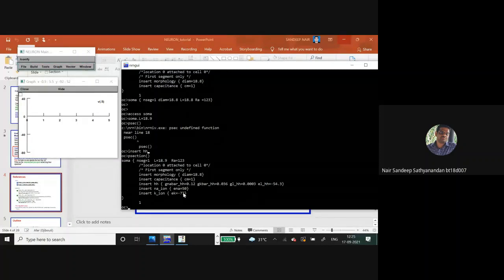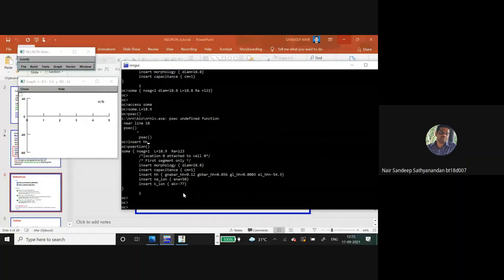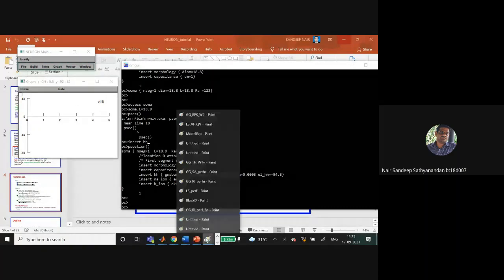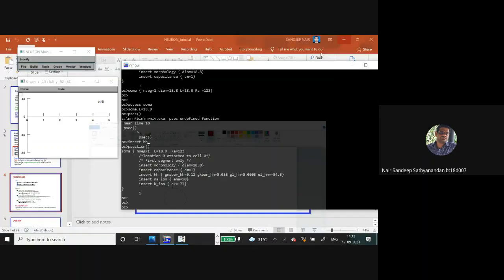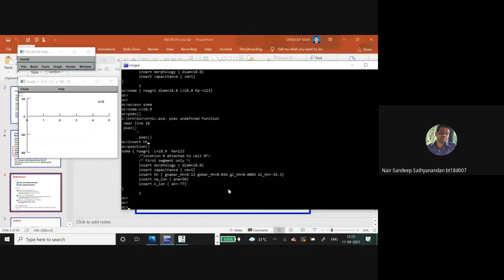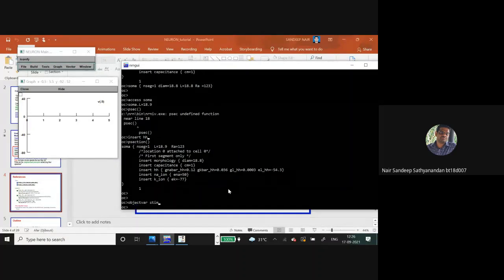Now, what is the next step? We want to pass current into this soma. That is what we were trying to do: inject the current. That is the first step. So how to do it? You want to apply a stimulus. Before applying a stimulus, you want to define a variable, an object, and we'll give it the name stim.